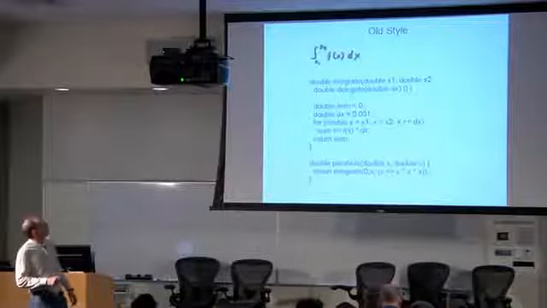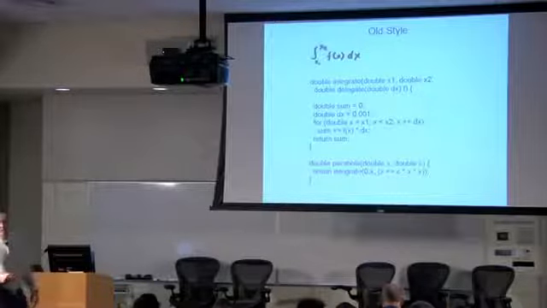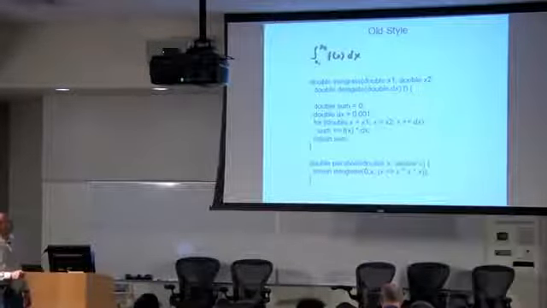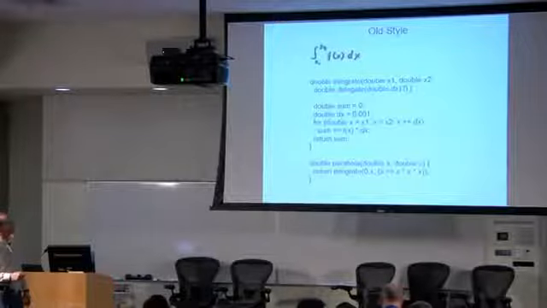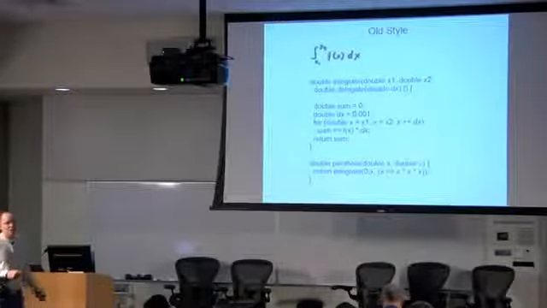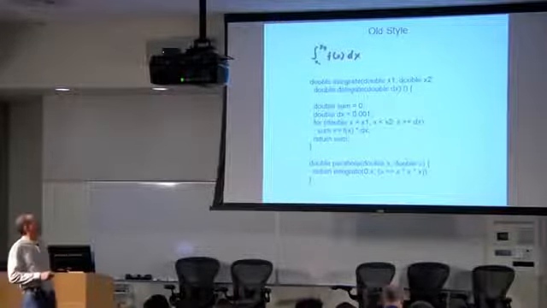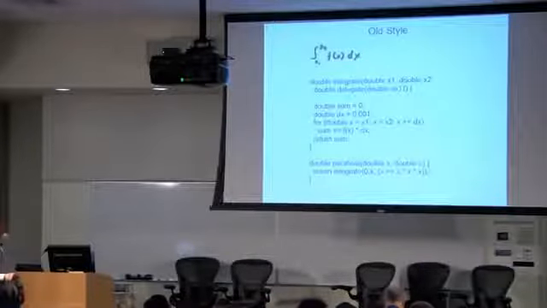Okay, this one is kind of fun. I want to do some numerical integration: integrate from x1 to x2, f of x dx. Here's my integrate function. I take two double arguments, and I take a delegate, which is a pointer to a function along with its context. And that corresponds to this f and this f.